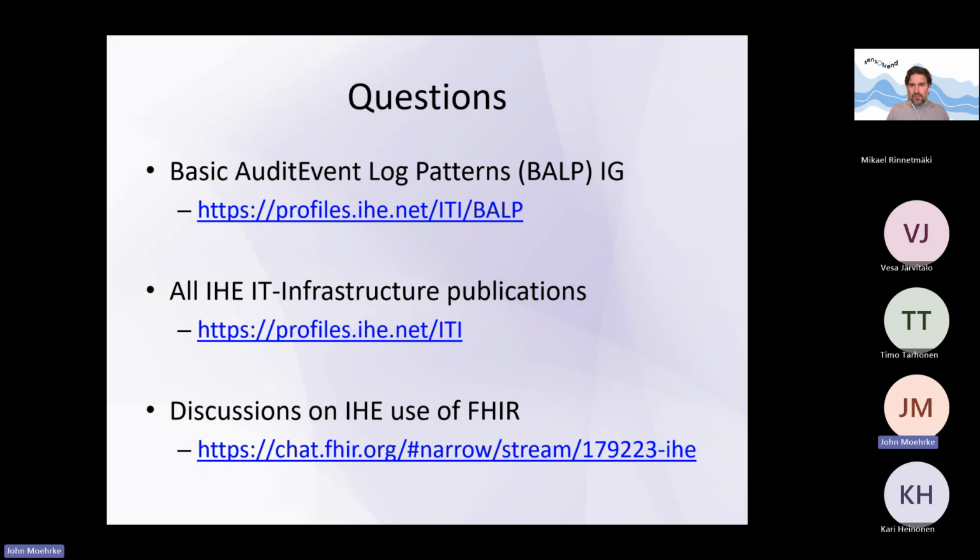Yeah, when we wrote BALP, that was something we wanted to do. But we couldn't figure out a generic pattern for operations, since operations can do anything. So the answer is we don't have it in there. What we have been doing, through our other profiles, like MHD, which does have 2 operations in it, is we've kind of started to work up that there are kinds of operations that can fall into some categories.